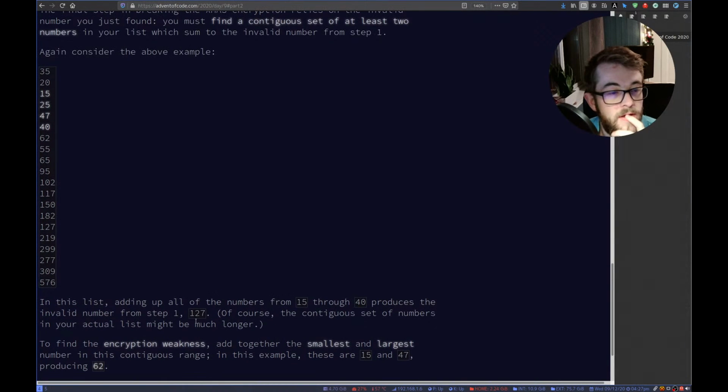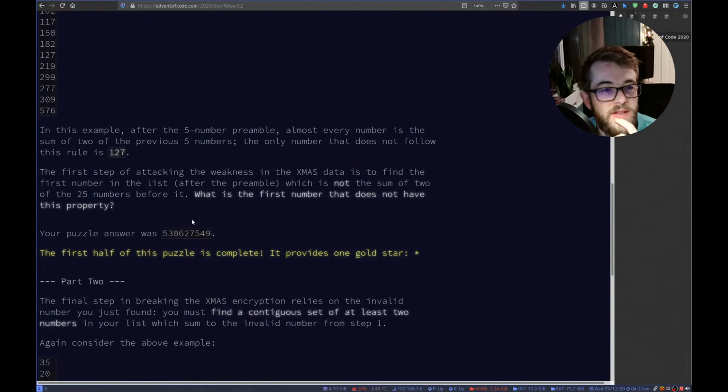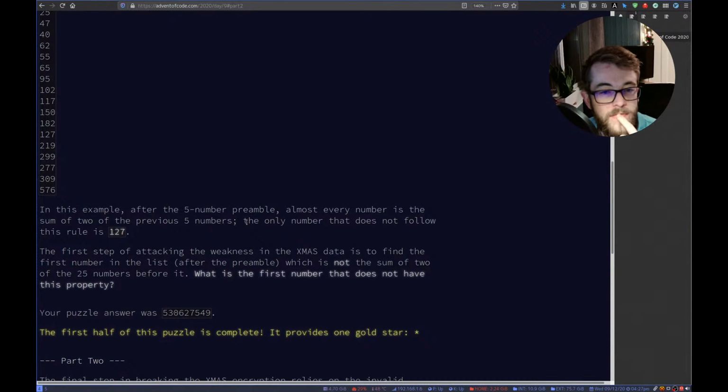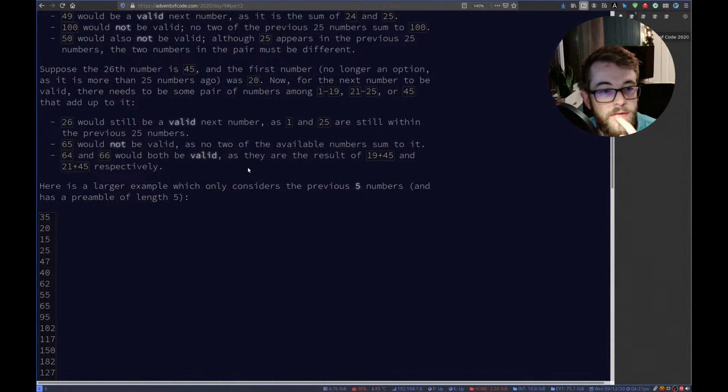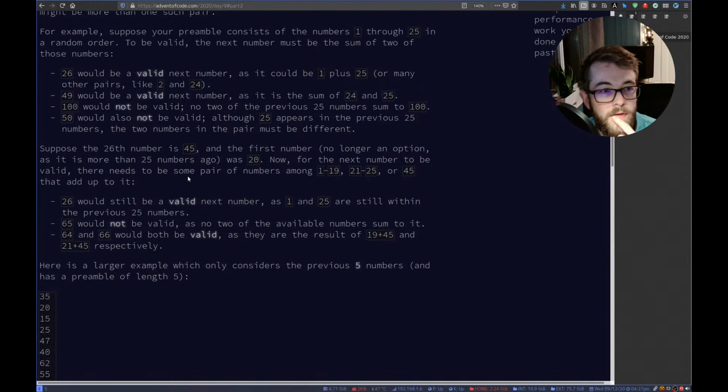Right. Okay, so we can actually, oh, it was actually only 1 in this set. It wasn't totally clear on that. Did it specify that?